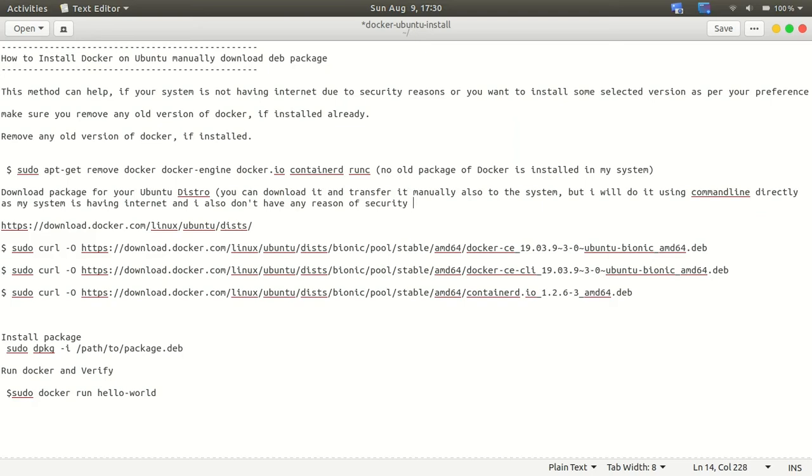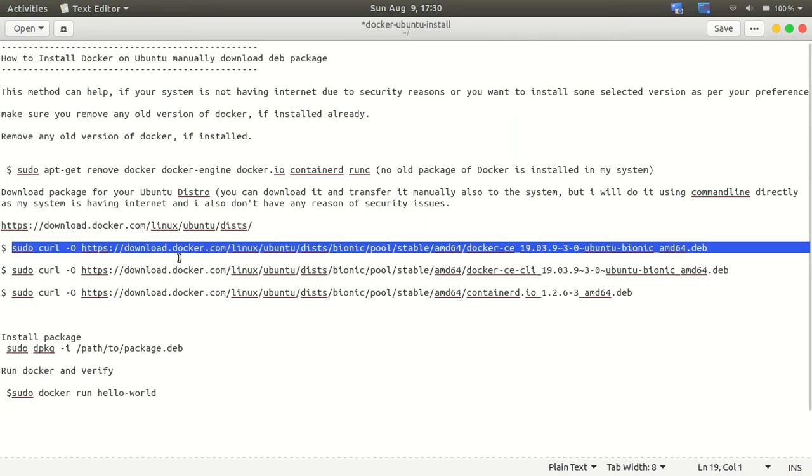I always make all these commands ready for you so that it can reduce the time of the video. You don't get bored of these things, just to avoid your boredom. So let's copy paste quickly.